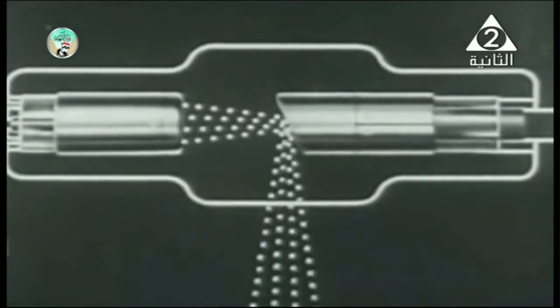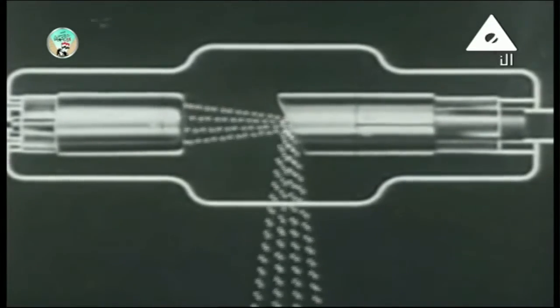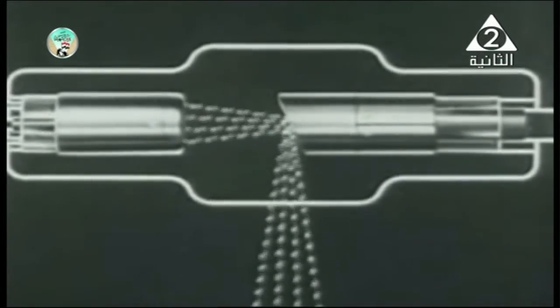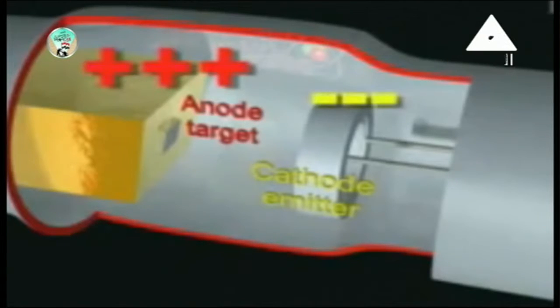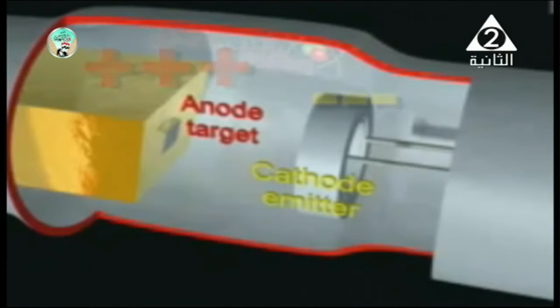And how is this spectrum produced? This spectrum is produced due to the radiation emitted as the colliding electrons, thermionic electrons, are decelerated or slowed down